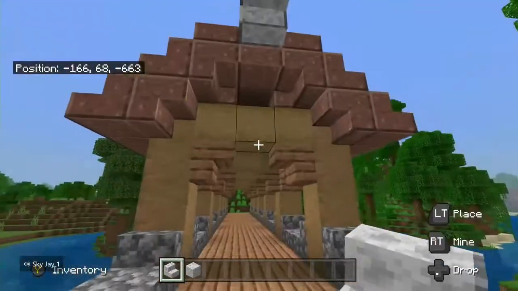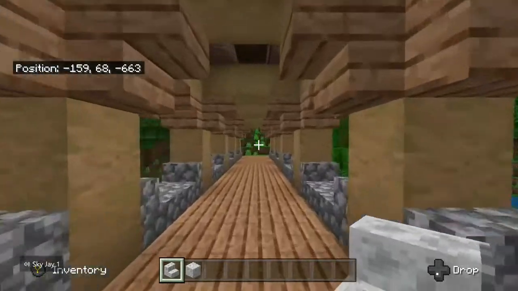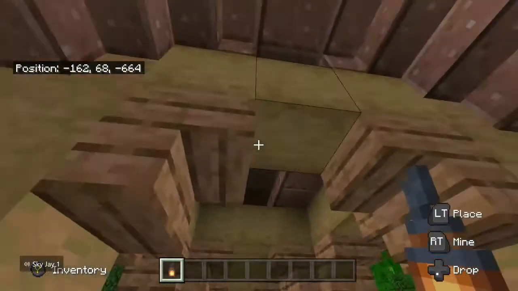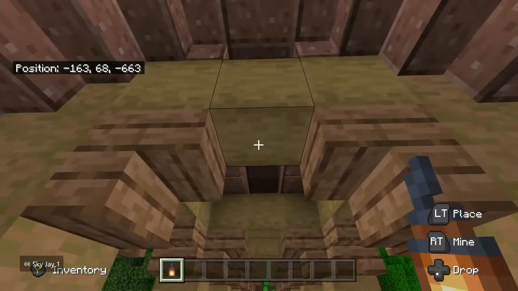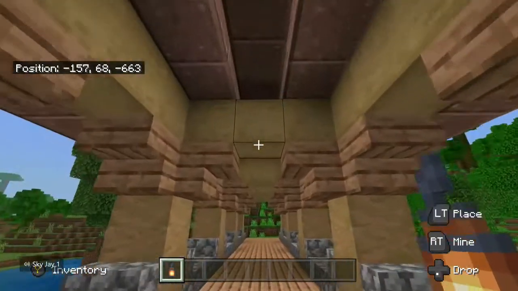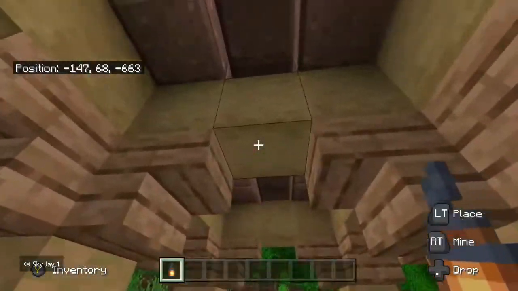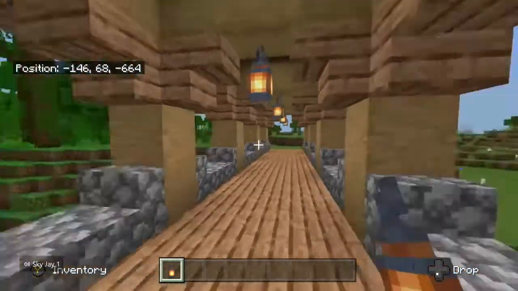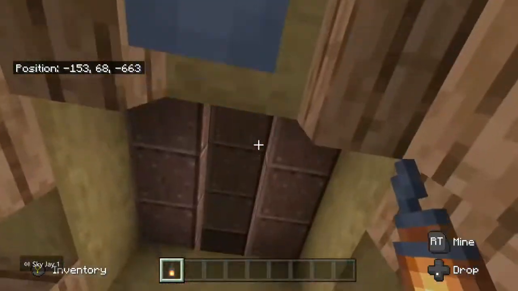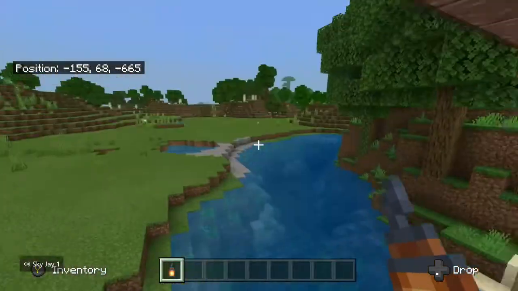All that's left to do is, as usual, put lighting underneath this bridge. And what would be better than to use lanterns? Put one right here and do one lantern for every horizontal pillar you see going across. And boom! The lighting is done. The bridge is complete. Now all that's left to do is something I would consider